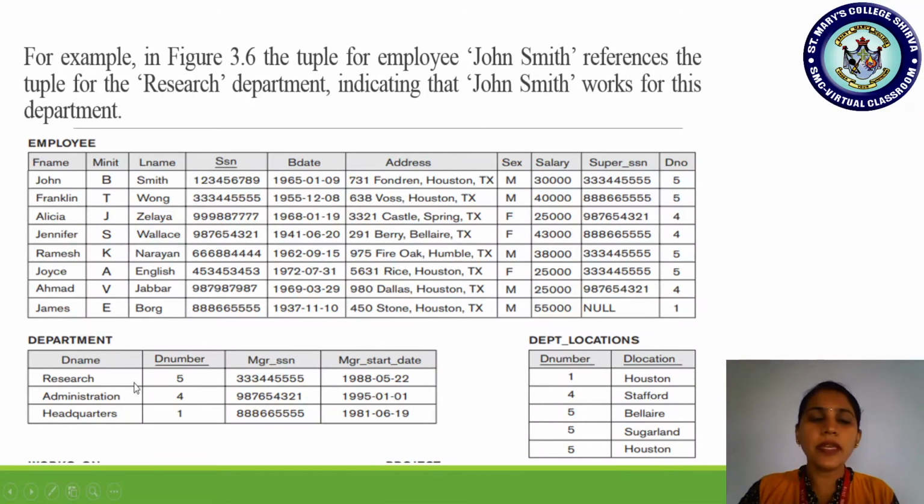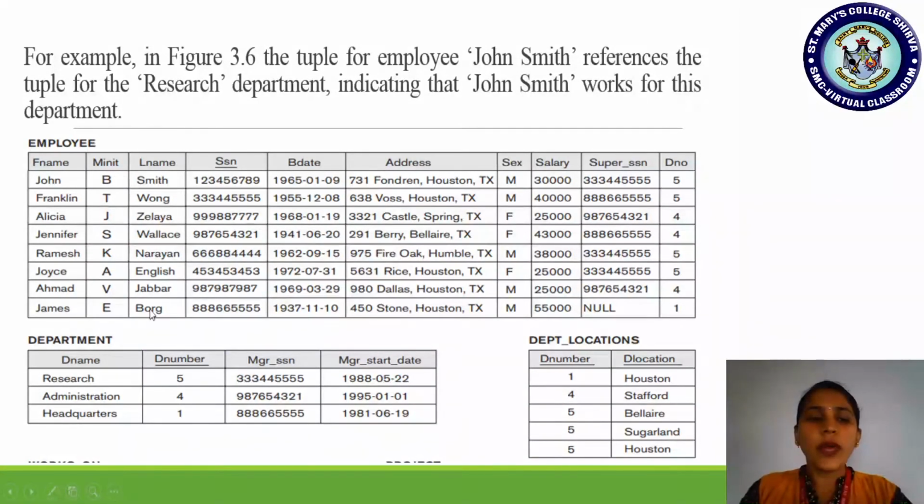What does that mean? Just check here. If I am deleting department number 5, a few employees are working in department number 5. Let us assume that I removed row 5. Then the database state will be inconsistent, the information in the database will be improper.